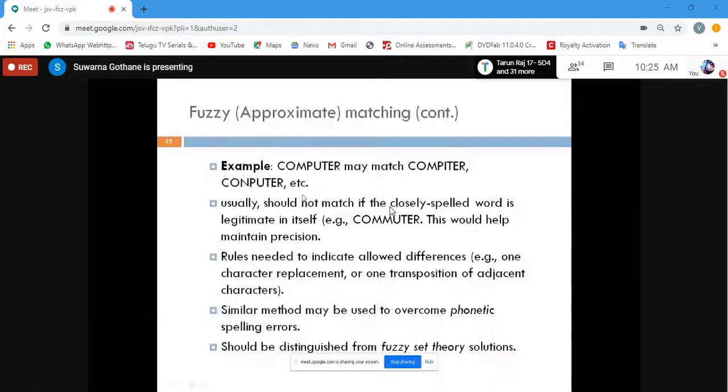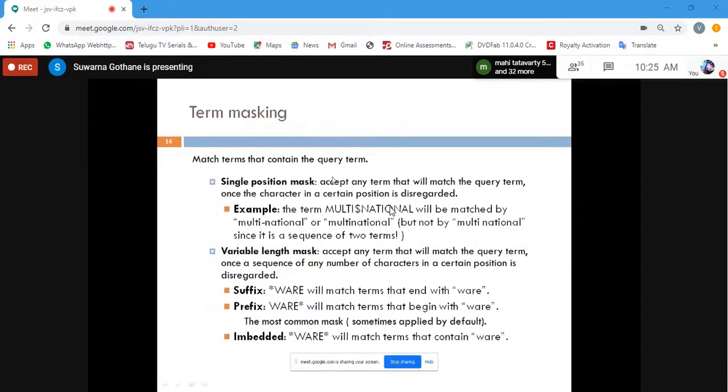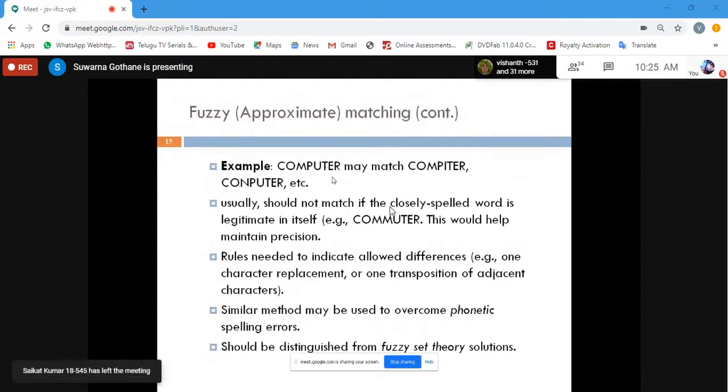But this is the word. Okay, so this is not exactly matching to the computer. Here so many errors, meaning mismatches, are going to be performed. So there are definitely some rules that are going to be applied when fuzzy logic is used, such as one character replacement is fine, or otherwise transposition of the adjacent character, meaning beside one, just in a forward direction. If any of the characters is mistyped, then it is going to be considered. So definitely for fuzzy matching also some algorithms are going to be applied.